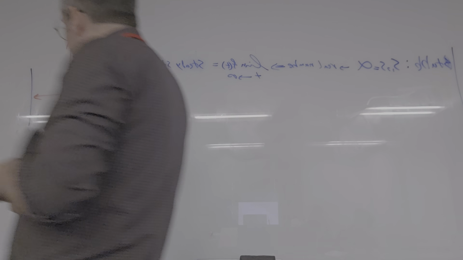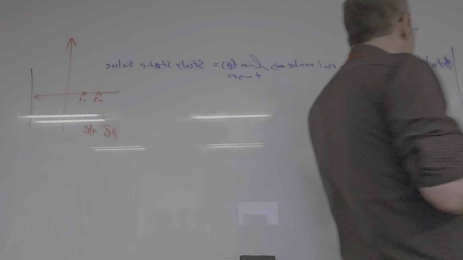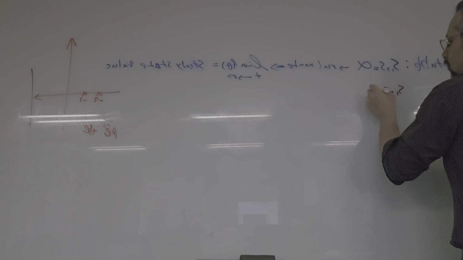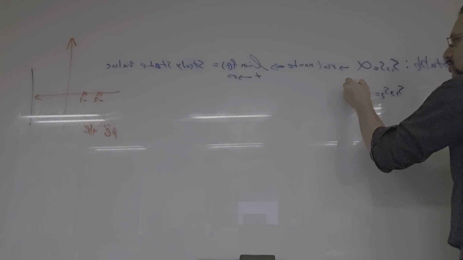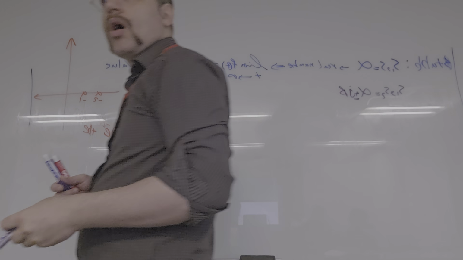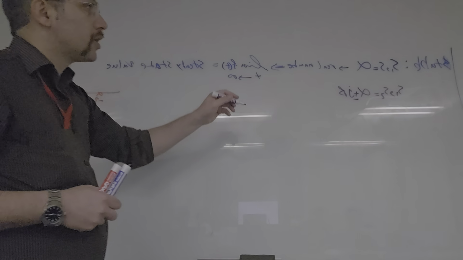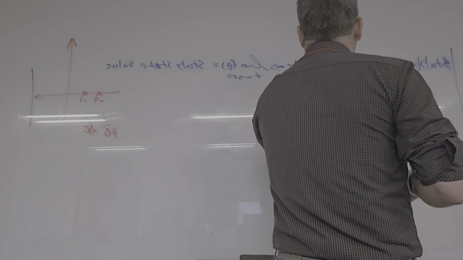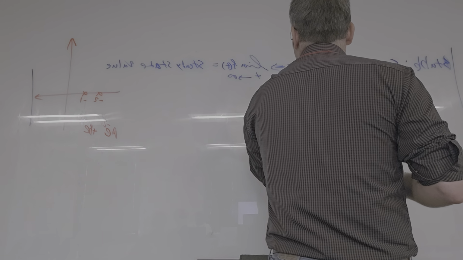Now, another situation that we had in our system was when we had those S's, S1 and S2, as complex numbers. So it was alpha plus or minus j beta. We had two conjugate numbers as our poles. Do you remember that for a second order system? In those situations, these were complex numbers,